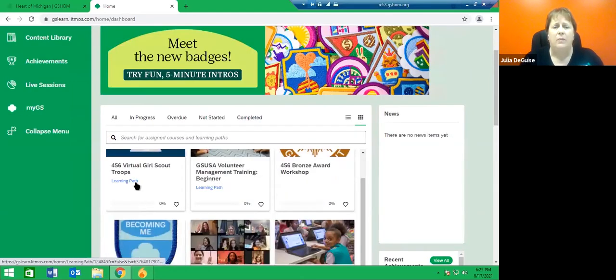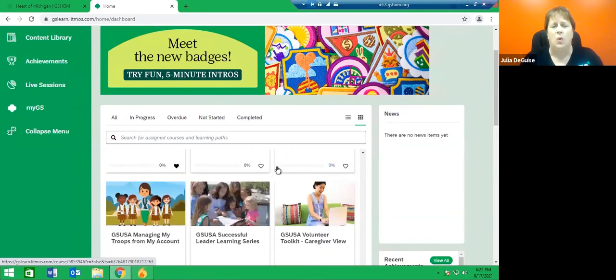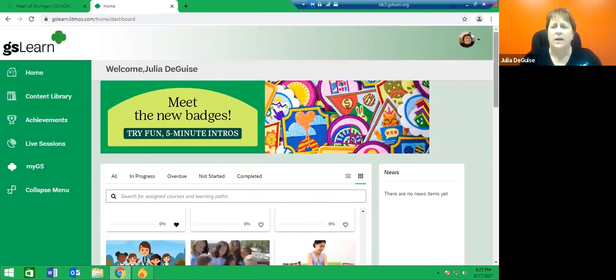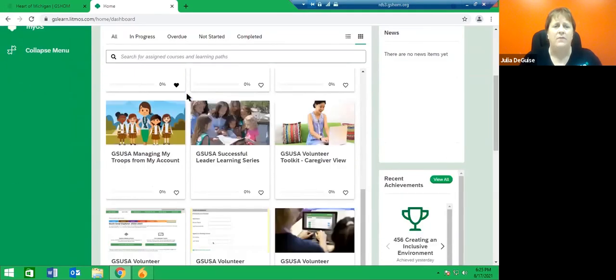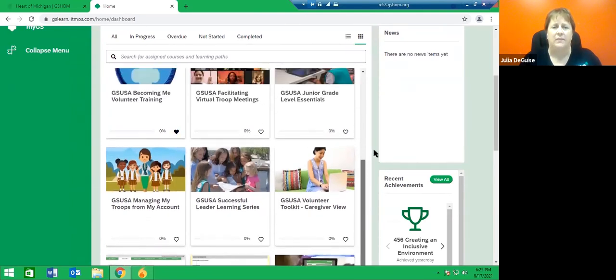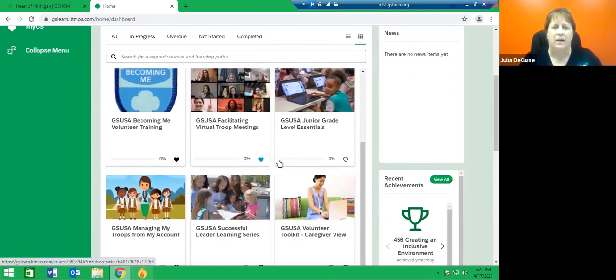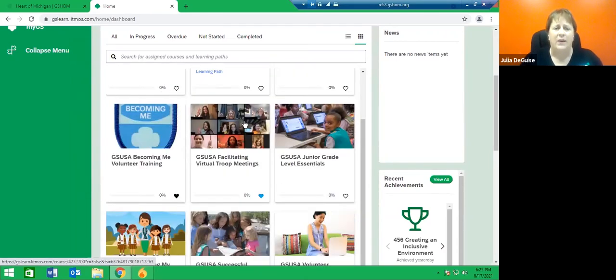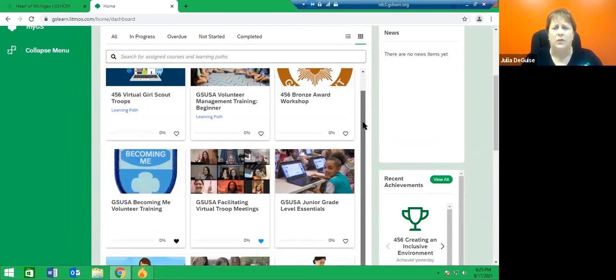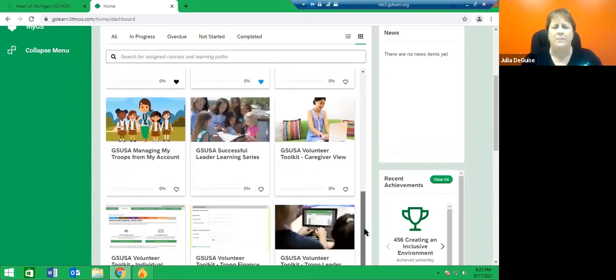And if I have a couple of them that I know are really good that I want to keep coming back to, or maybe it's just taking me a long time to get through it, I can mark that training, that tile, as one of my favorites by filling in the little heart. You just click on it and it fills it in. I'm going to fill in that one too. Okay, that tells the system that that's my favorite. So when I come into my dashboard, I don't have to scroll through all of this and look for it. I just come down to the bottom